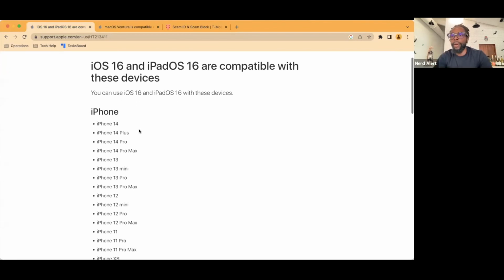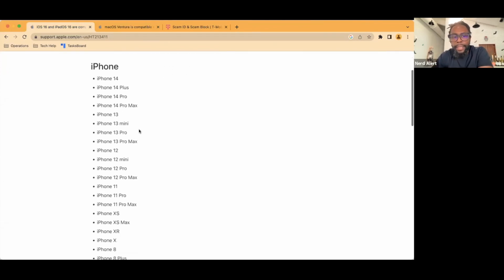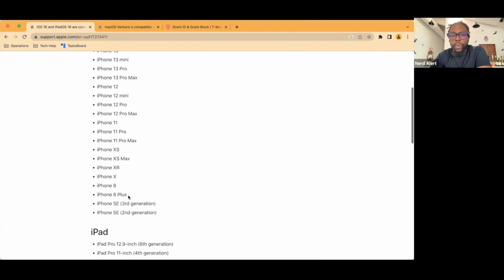So right now, in order to update to iOS 16, you have to have at least an iPhone 8 or 8 Plus. If you have an iPhone 7, you're just not going to be able to do it. So let's say next year, the new iOS 17 comes out, they may say,